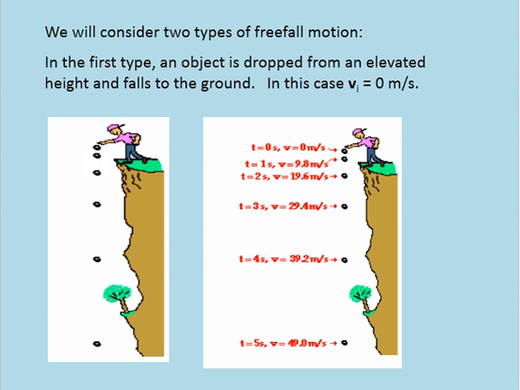There are two types of freefall motion that we're going to consider. In the first type, we're going to have an object dropped from an elevated height which falls to the ground. If it's dropped, remember that's sort of like an object starting at rest. So as a result, that tells us that the initial velocity is going to be 0 meters per second. If you look at the picture here, you notice that the velocity is 0, and